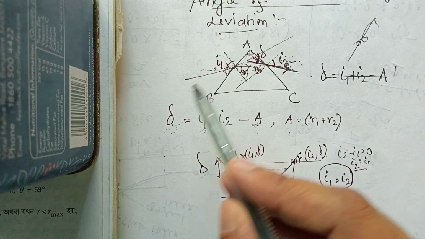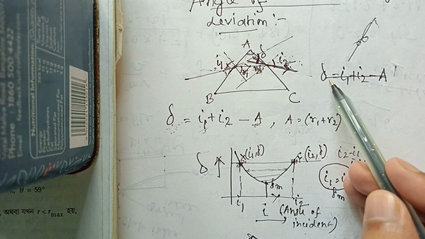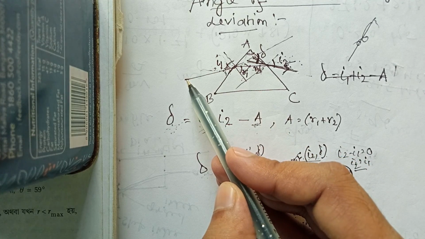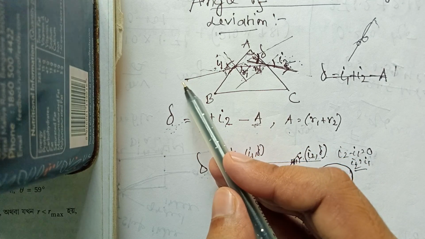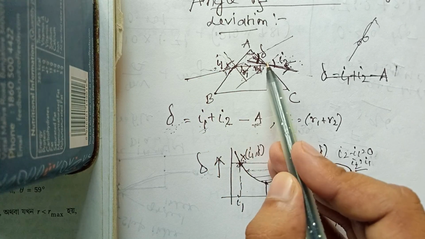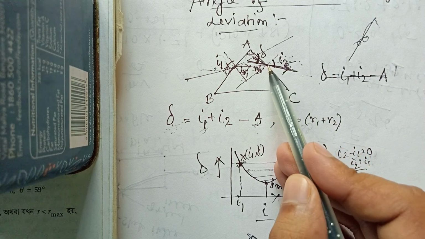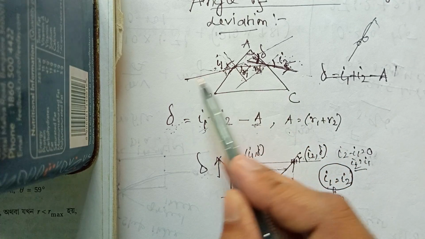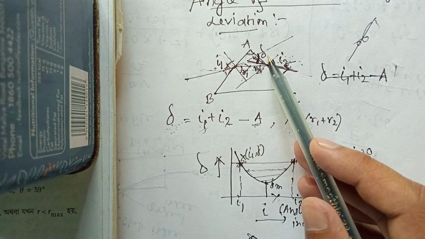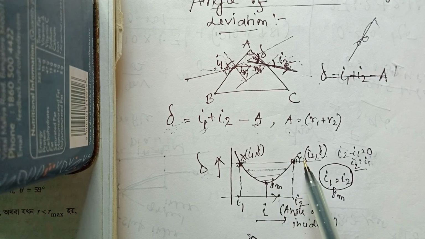Actually, if you reverse that, I mean if the angle of incidence is I2, then again the exit angle will be I1, because it is the rule of light. Here I am considering I1 as the entering angle and I2 as the exit angle. If you reverse it, if I2 is the incident angle or entering angle and I1 is the exit angle, there is no problem. So basically for one single delta or deviation, you are getting two values of incident angle,